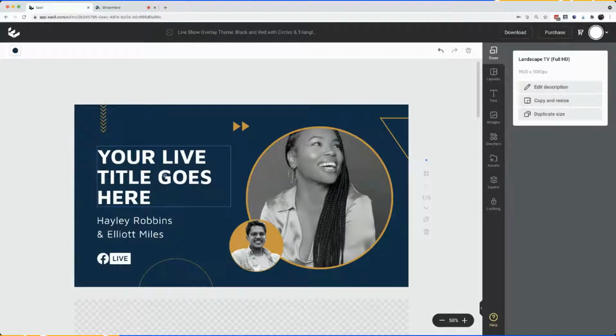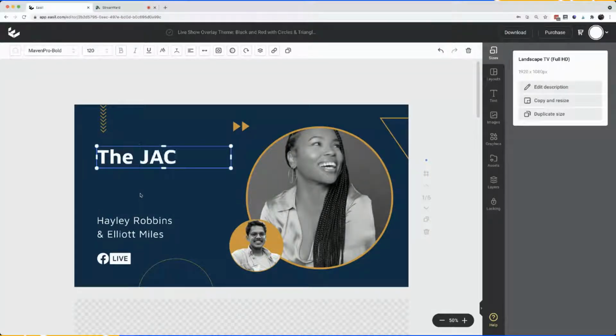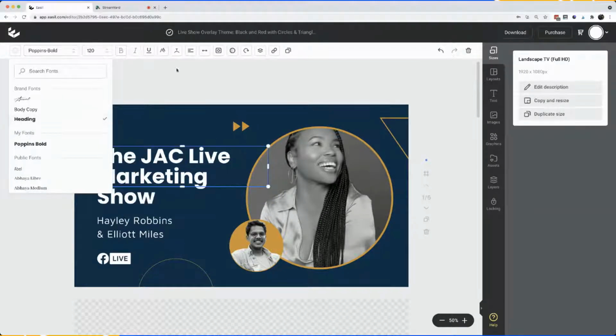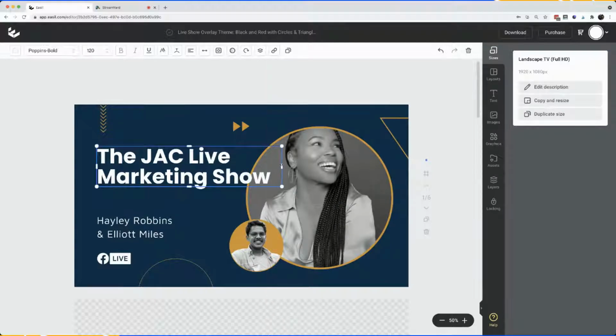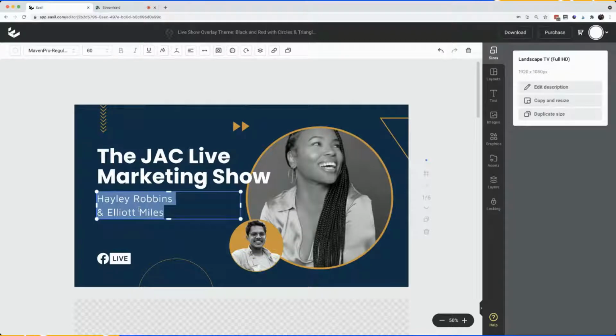Now, any text box that is in here, you can apply your own text to it. And obviously you can also go in and customize any of the text. So just going in and double clicking in here, I'm going to say the Jack Live Marketing Show. And you can also go in and you can apply your own brand fonts to that. So I'll pop in and I'll just put that on there, and that's as easy as what it is. And just move that up a bit, and we'll have Julie, Riley,